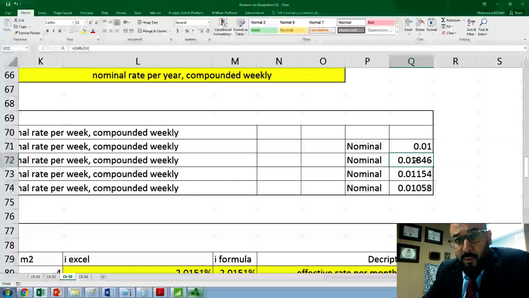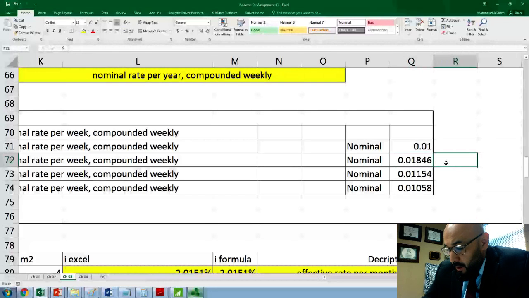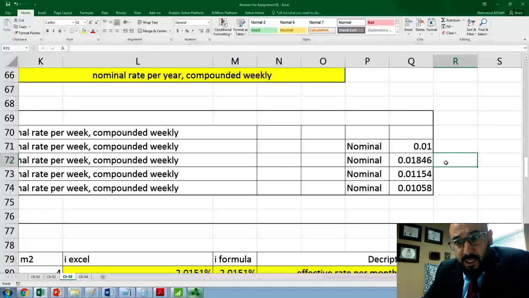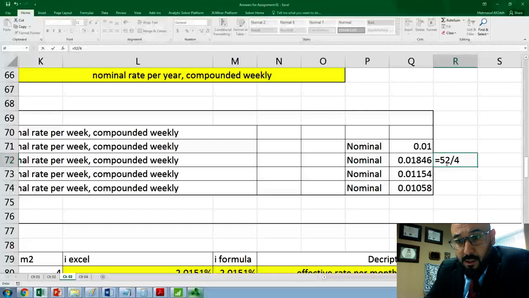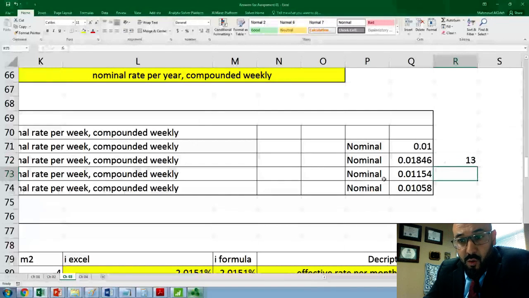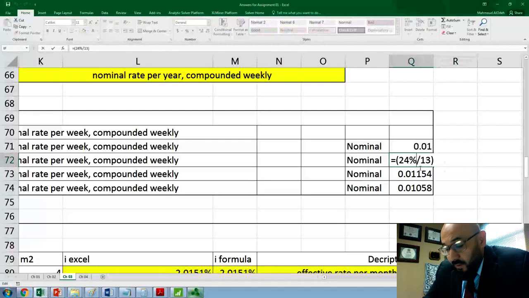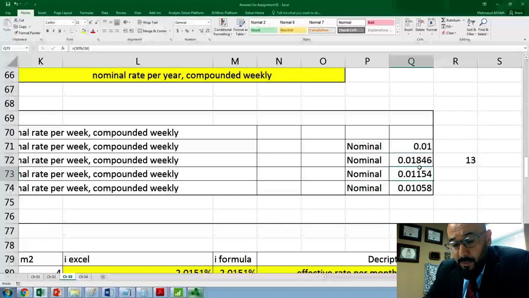So we need to know how many weeks in one quarter. We know that there are 4 quarters in a year and 52 weeks in a year. So 52 weeks divided by 4 quarters gives you 13 weeks in one quarter. So we divide 24% by 13, and that would give you